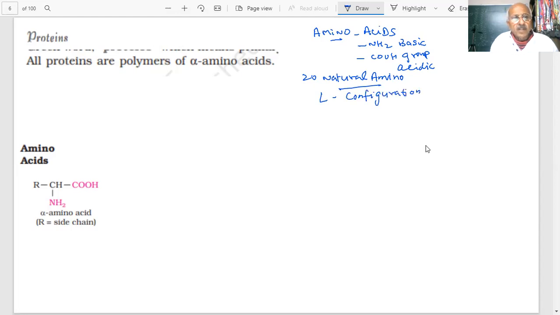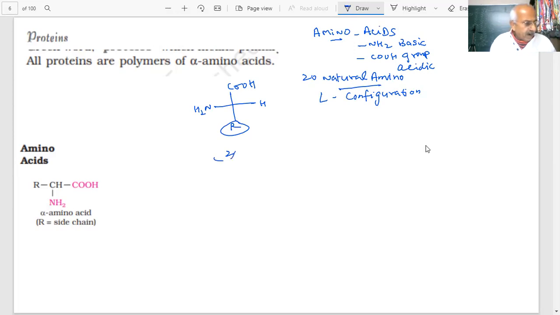When I talk of this L configuration, students, the NH2 group is on this side, and then this is your alpha amino acid group. R group is a substituent which can be changed, and we have given a list of these amino acids. They can be represented by three letters or one letter. These names are trivial, students.